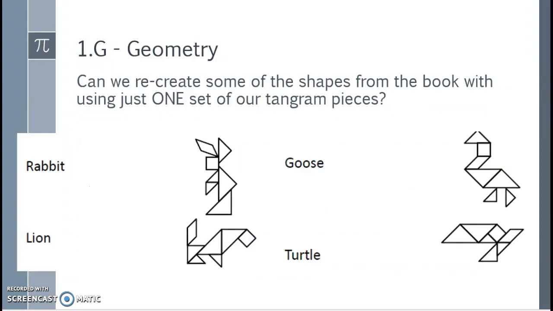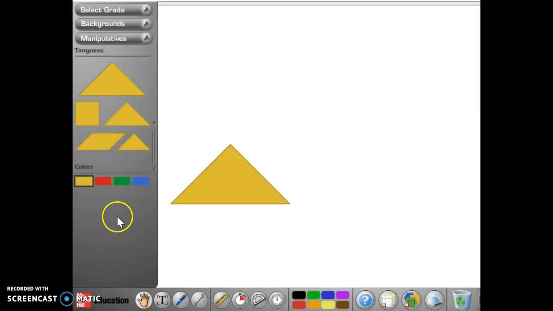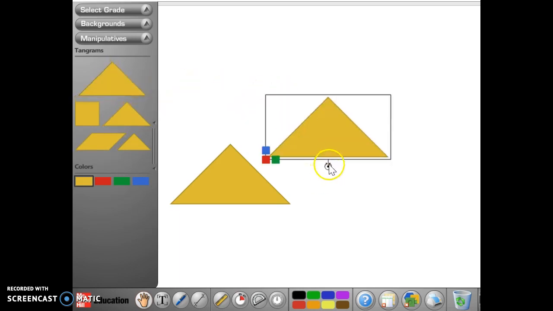Now that you've watched Grandfather Tang's story, can we recreate some of the shapes from the book using just one set of our tangram pieces, such as the rabbit, the goose, the lion, and the turtle? Take a moment to pause the video and use your tangram pieces to put them together. I'm going to see if I can recreate the turtle. So it looks like I need the 2 big